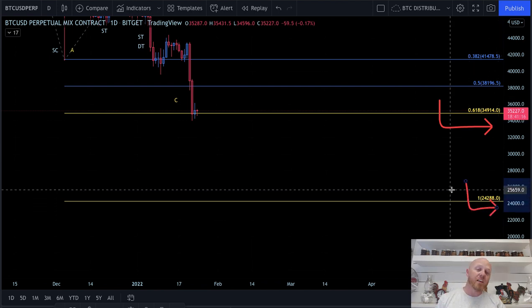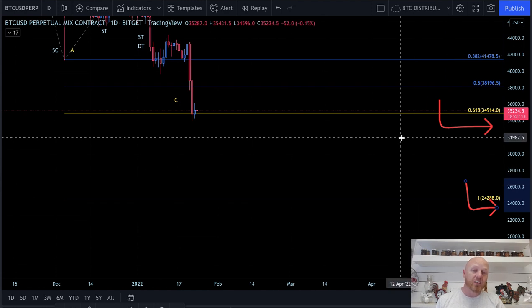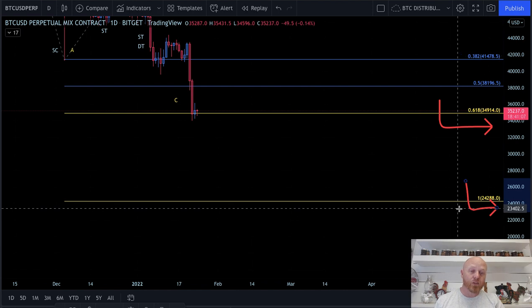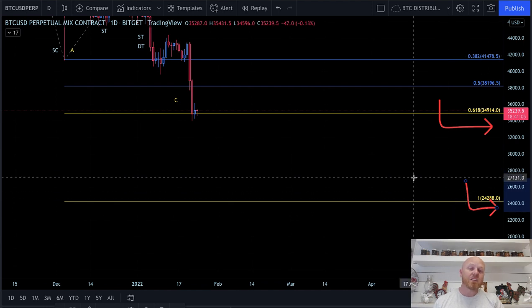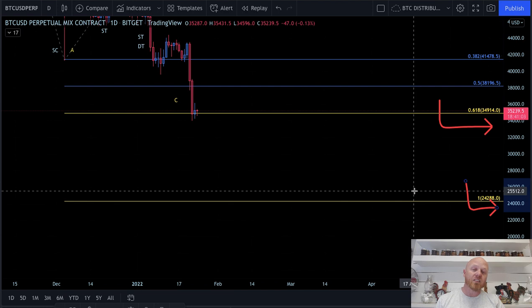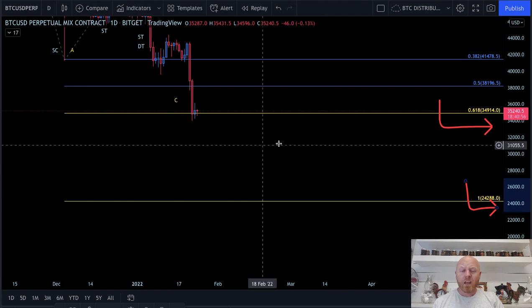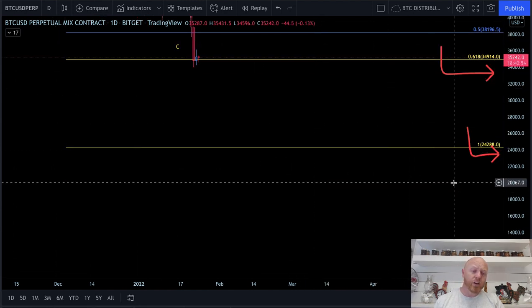You probably hear a lot of Elliott wave type traders talking about the likelihood of going down to the low 20s. This is 24,288, the way I'm projecting this wave, at the 1 fib. The 1 fib is significant because it means a 100% retracement from the move. So in Fib trading, the way that I trade, if you lose the 1 fib, guys, and